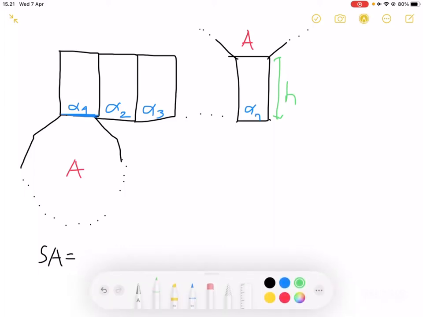And notice you have a relationship that if you refold this back in, all of these line segments will match to the sides of this polygon. And what does that tell us? That means that alpha 1 plus alpha 2 plus all the way up to alpha n is exactly equal to the perimeter of the polygon itself, which I'm just going to call P. And you can just pretty much see that if you play around with these nets of polygons. Right, anyways,